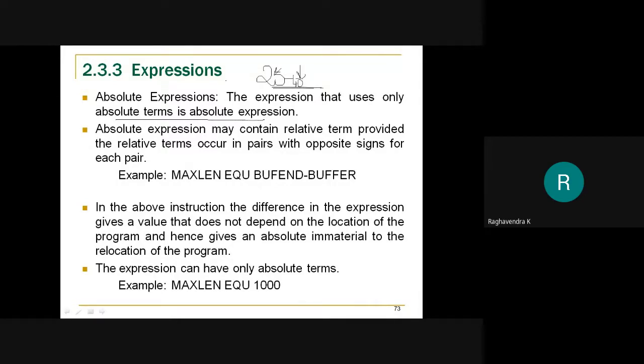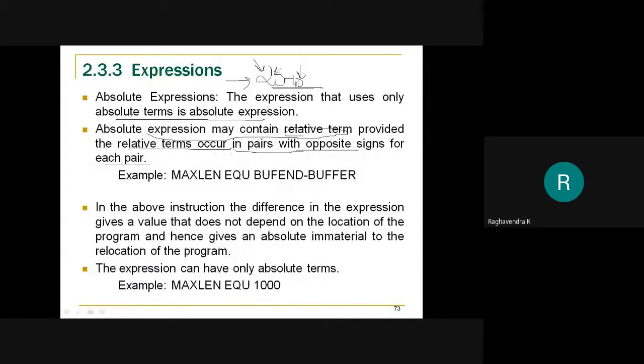Not only like this, you can also have terms in your program which are symbols or labels. Okay, so an absolute expression may contain relative terms also along with absolute terms. We can also have relative terms, but when you are forming an expression with relative terms, you should ensure that the relative terms are occurring in pairs with opposite signs for each pair, right?